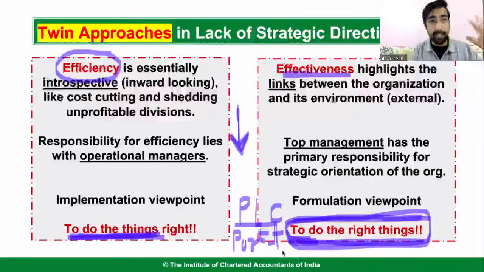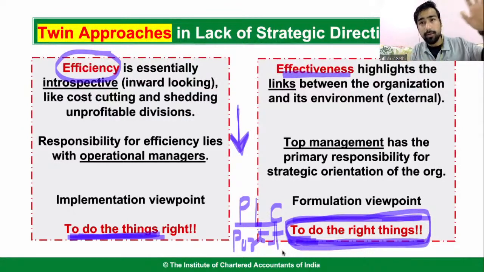The industry is growing और मेरा business loss बना रहा है. But is the industry growing? If you say कि to do the things right is turn around कर दो, retrenchment कर दो, बेच दो धंधा अपना, that would be the worst thing if the industry is growing. Okay, your business is making losses, but the industry is growing. You will not do retrenchment or turnaround, right? You will not do a retrenchment or a sell off of your business or liquidation of your business.